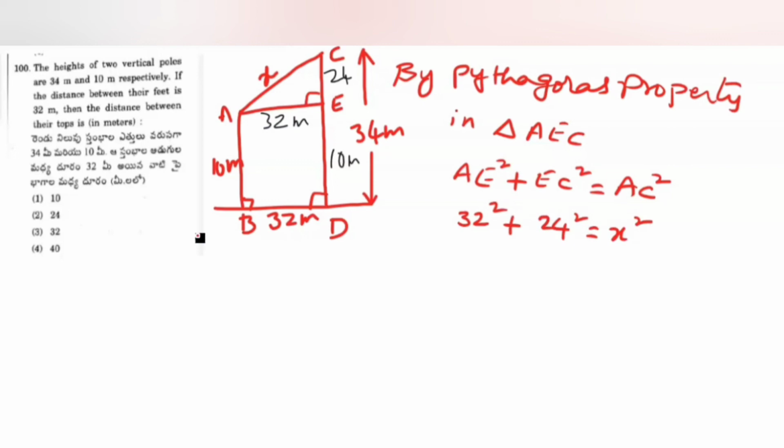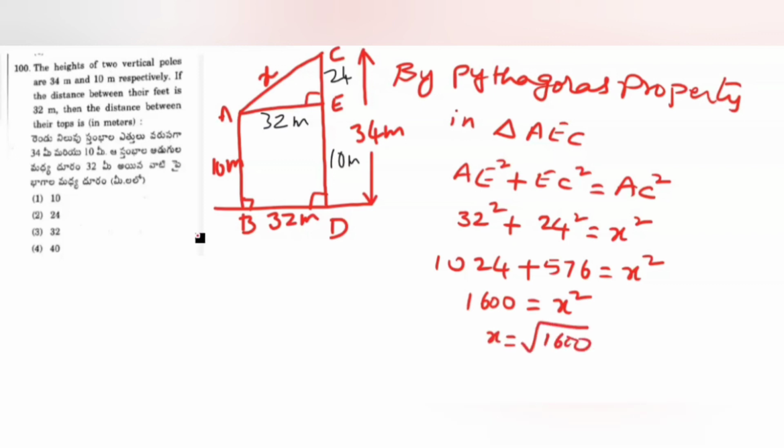32 square, 32 into 32 gives you 1024. 1024 plus 24 square, which is 576, is equal to x square. Now if you add 1024 and 576, you will get 1600. 1600 is equal to x square. So x is equal to the square root of 1600, that is 40. Plus or minus 40, actually we need to take only the plus value. So 40 meters is the x value. So our answer, x, is nothing but the distance between the tops. So our answer is